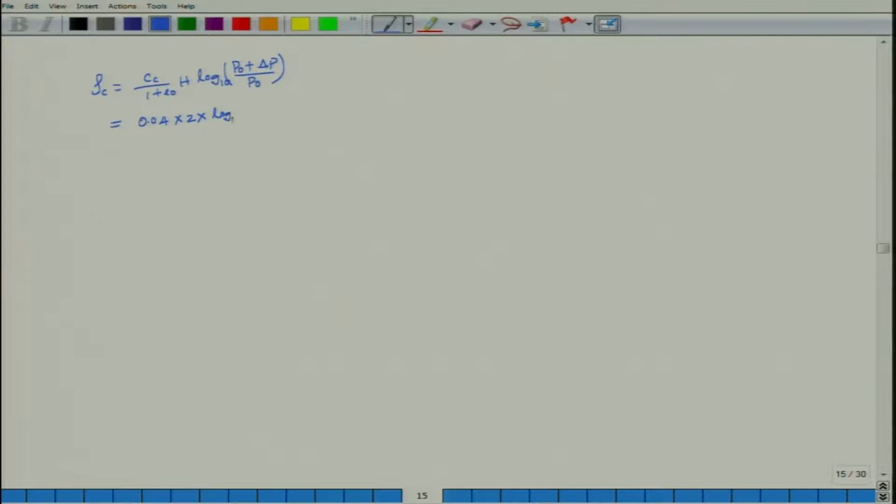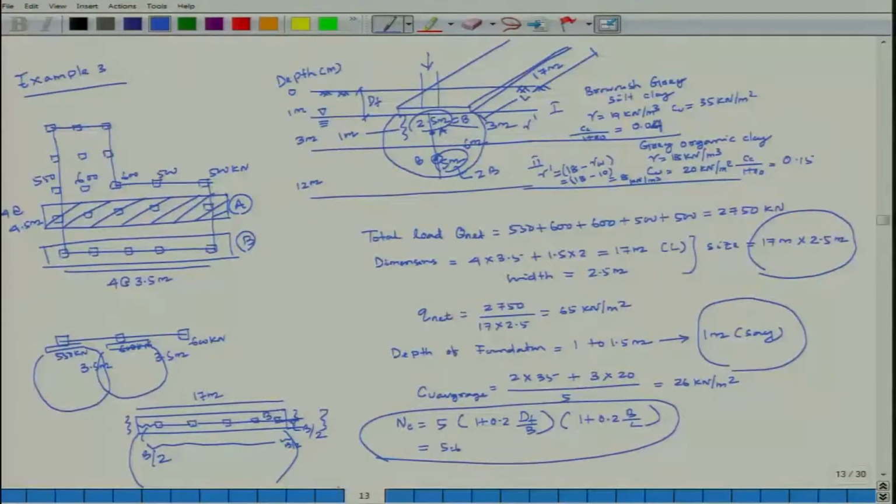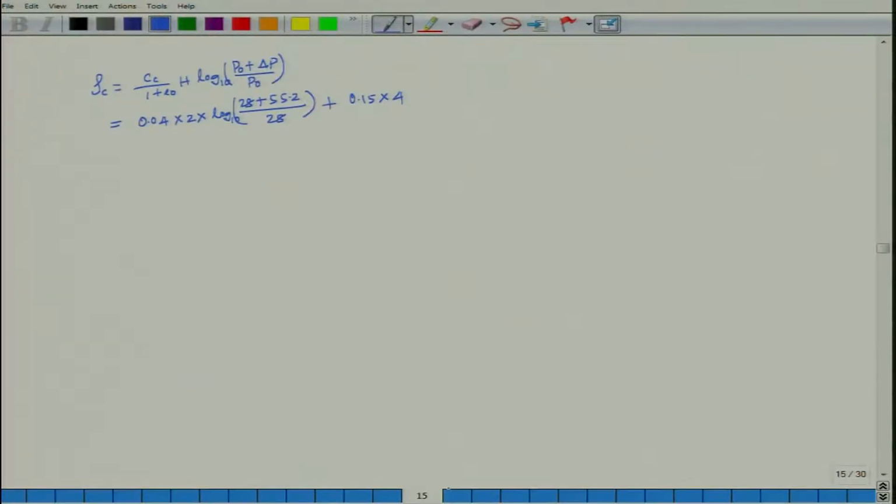into log 10, then (28 plus 55.2) divided by 28. 28 is your P0, delta P is your 55.2. Then 0.15 into 4. This is your 4 meter. 0.15 into 4 into log 10,